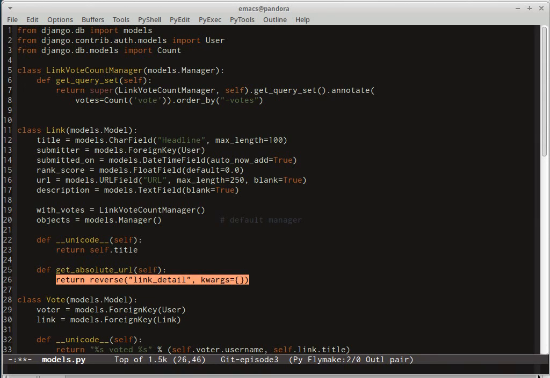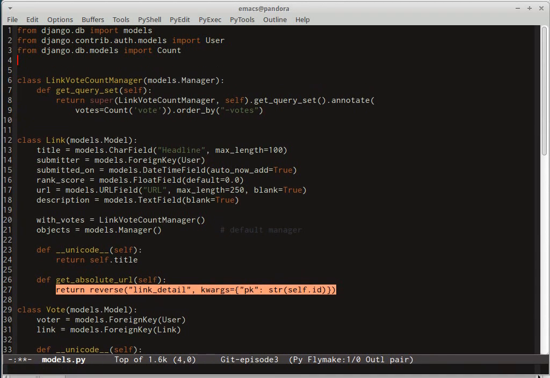Keyword arguments: primary key is the only keyword argument needed here, but it's actually a string, even though self.id might be an integer. So we'll just take care of that. And just remember to import reverse